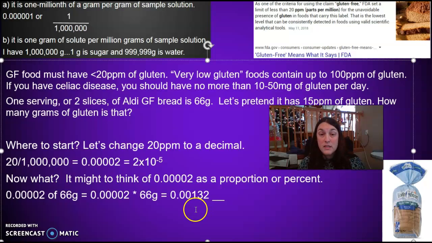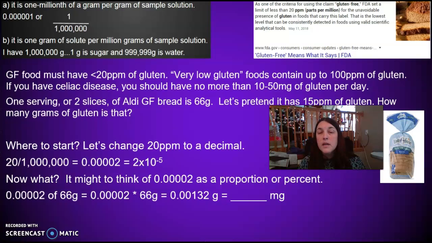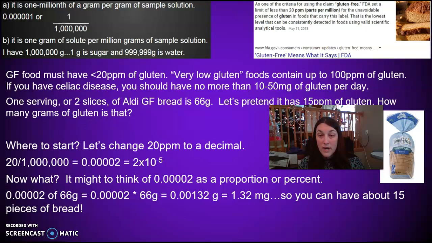What's our unit? Well, our unit didn't go away. Our unit is grams. How many milligrams is that? Because remember, how much somebody with celiac disease can eat of gluten is in milligrams. So how many places do you move the decimal? 3 hops to the right. So 2 slices of gluten-free bread has about 1.32 milligrams of gluten, which means you could eat like 15 pieces